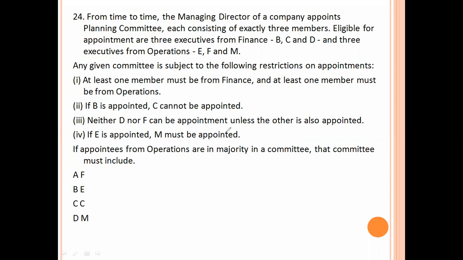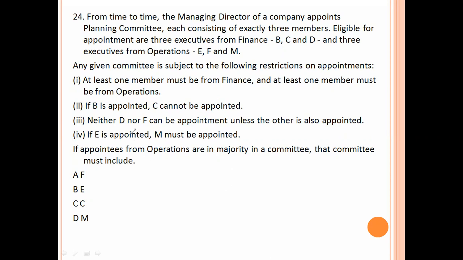If B is appointed, C cannot be appointed. Neither D nor F can be appointed unless the other is also appointed. If E is appointed, M must be appointed. If appointees from operations are in the majority in a committee, that committee must include